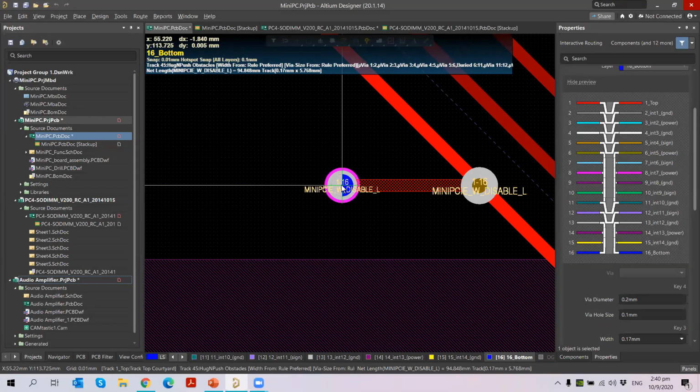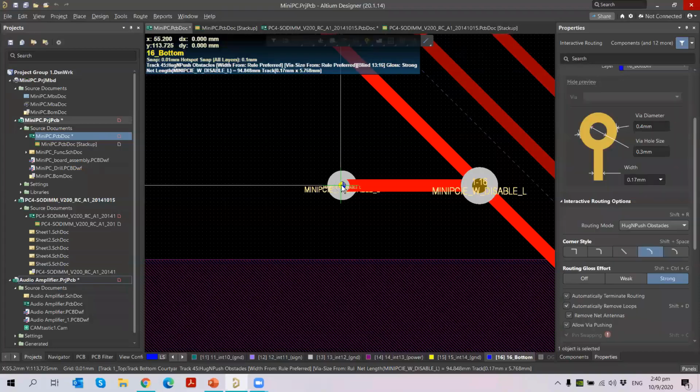You see, it will change to the HDI stack-up of micro vias, then it comes to the buried vias, then it comes below, again the micro vias. So what order you want, you can just select it. So let me go with this order. I want the micro vias first, and then I go to the buried vias. So I just left click, come out of it.